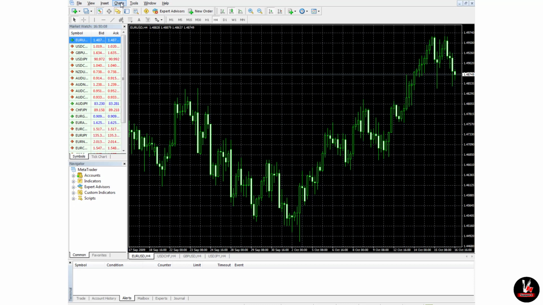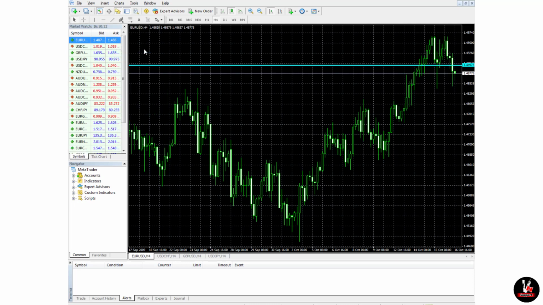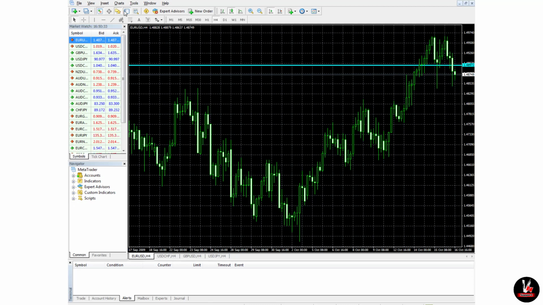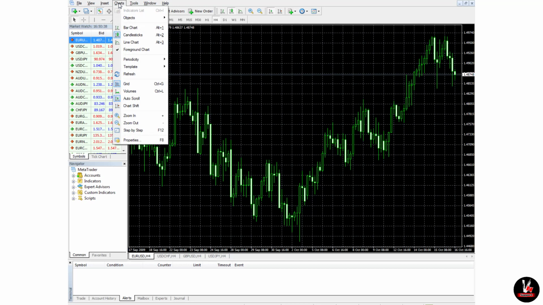And looking at it, it doesn't seem like it makes very much difference. In fact, let's take a horizontal line here. Okay. And let's change the foreground to a background chart. Okay. See here that over here that the line is on top of the chart essentially. So we'll move this back to the default there, and we can go back to delete last. Objects list, and we can move down further here to